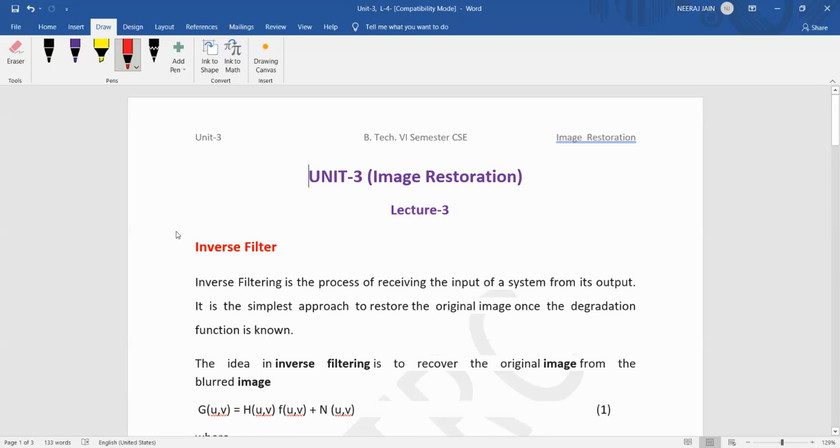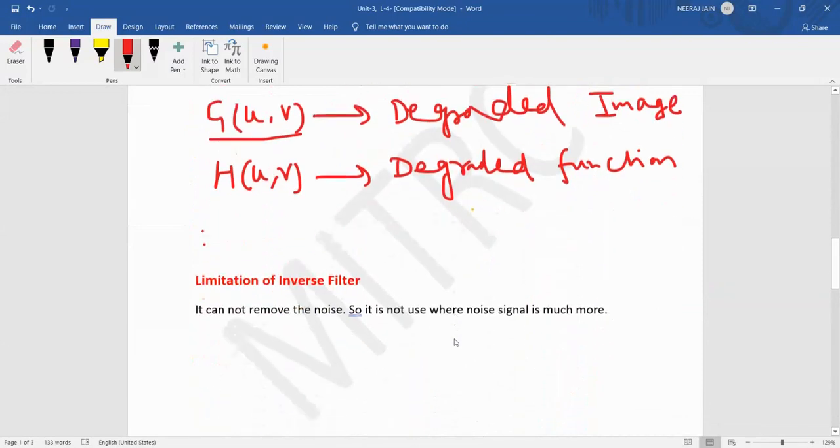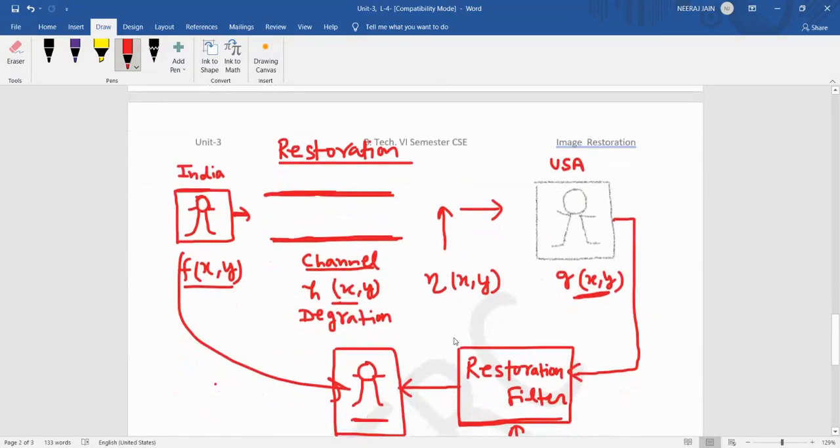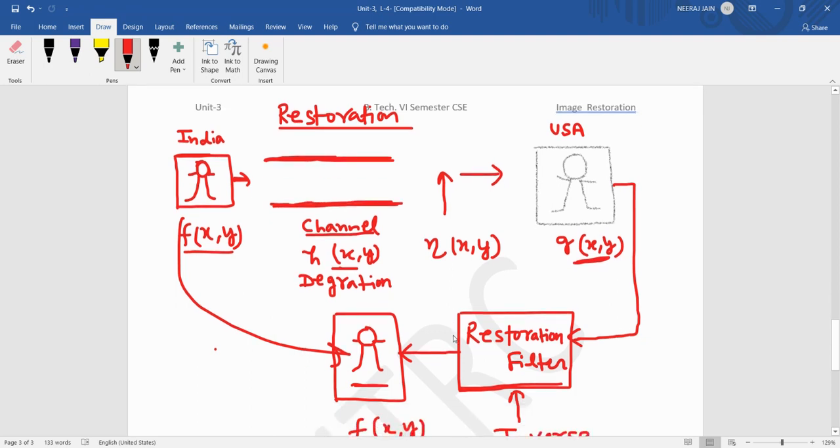Let us discuss the inverse filter in the image restoration technique. We have studied the image restoration process. Now, what is the image restoration process and what is the need of filtering in it? We will see. Suppose there is an image given by f(x,y) in India,